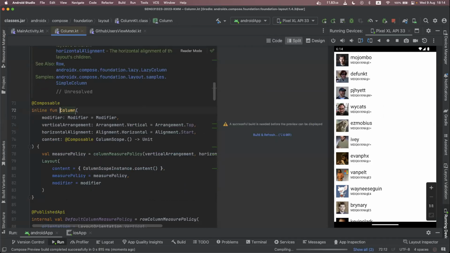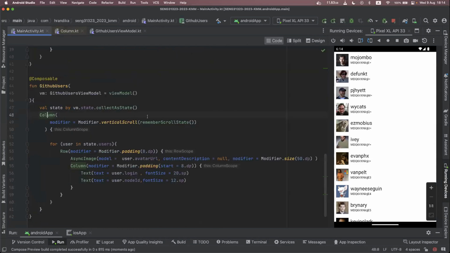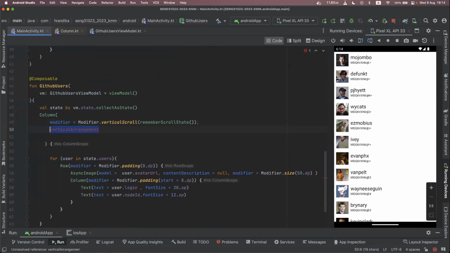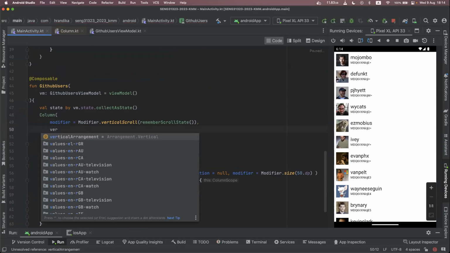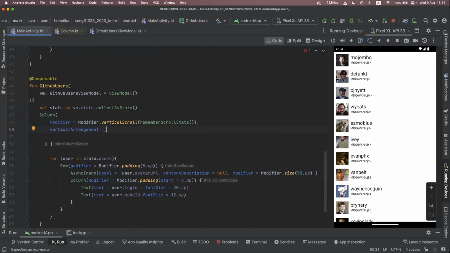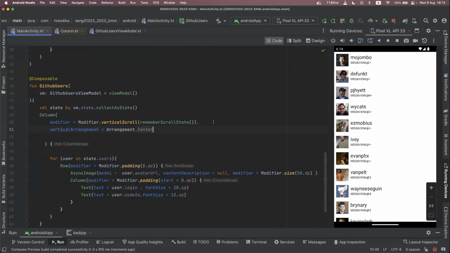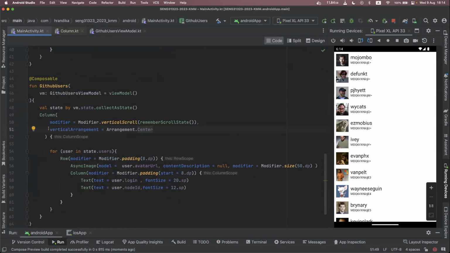So you can click on here. Modify is there, vertical alignment is there. You can simply say I want to change the vertical alignment in here, and the vertical alignment can be center, bottom, whatever you like. You can change it from here. So modifiers are the common things for any composable, and there can be states where you can have only for